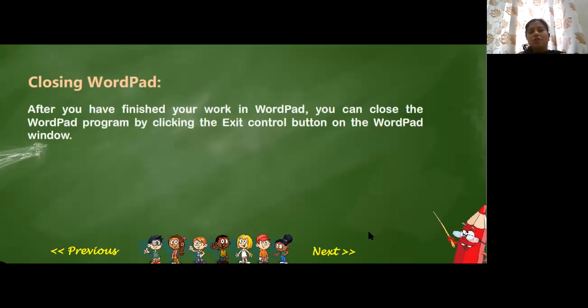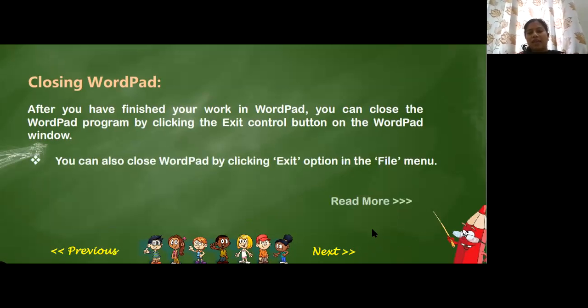Now closing the document. See, now we have learned to save the document. Now how should we close it? When do we close? After we finish our work. Every time you add a new thing to it, you have to keep saving it. And if you want to exit, there is a proper way to exit. Otherwise, you will lose your content, whatever you have written, if you do not close it properly.